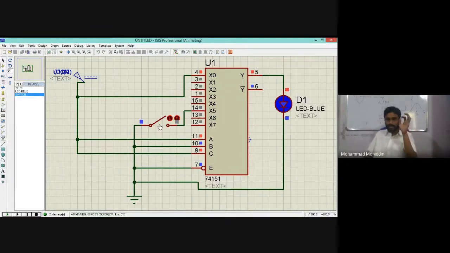The multiplexer will select one input out of your 8, 0 to 7. 0, 1, 2, 3, 4, 5, 6, 7. 8 inputs are there. Depending upon your selection, this is your remote. What you press? If you press 0, 0 pin will select. If you press 1, 1 will select. So whatever you give there, that will reflect at your output. If you give 1, 1 will reflect. If you give 0, 0 will reflect. So this is your selection. This is exactly your experiment.